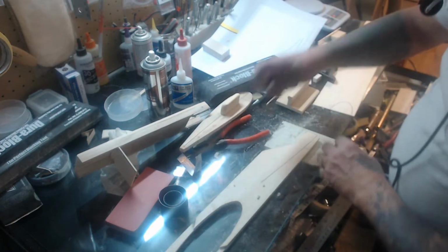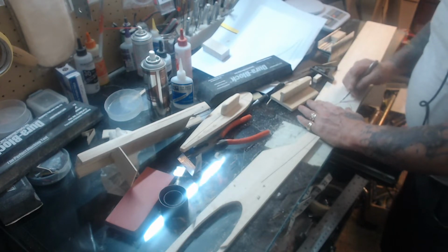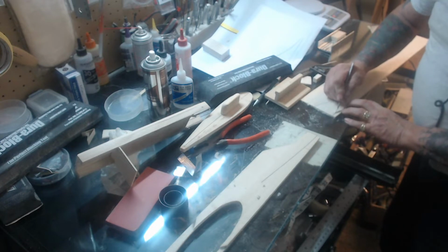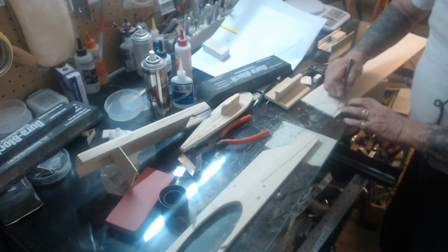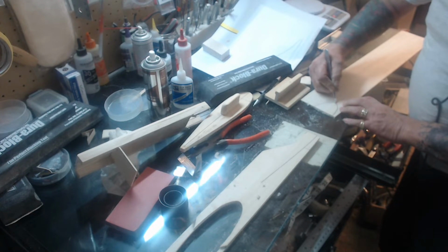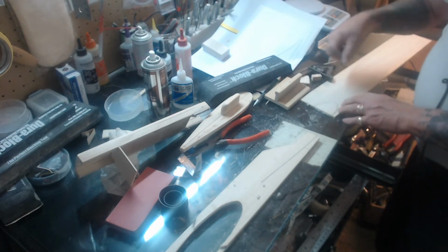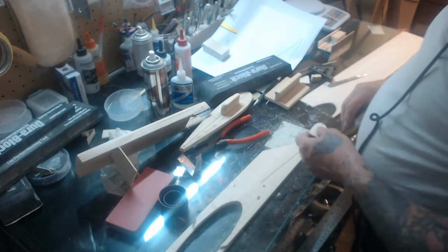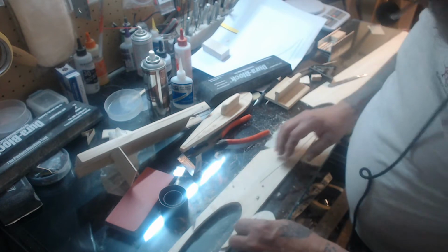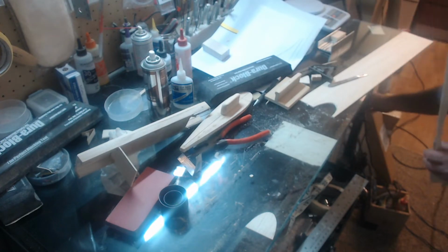Could you glue it back together? Yeah, probably. But you really want a chance. Fuel going in the wing in case something happens. Of course, that's really on the outside. I've never seen it happen. I assume that the airplane would fly just fine and be structurally sound with that open. But you just never know. I do know that by doing it the way that I'm doing it, the way that I've done it for years,